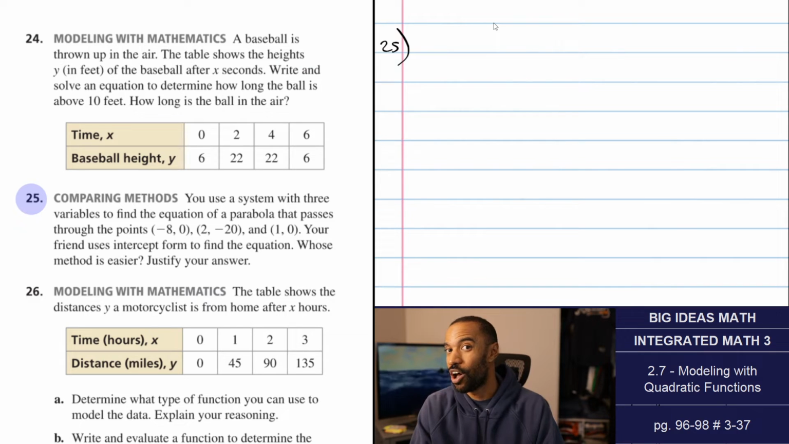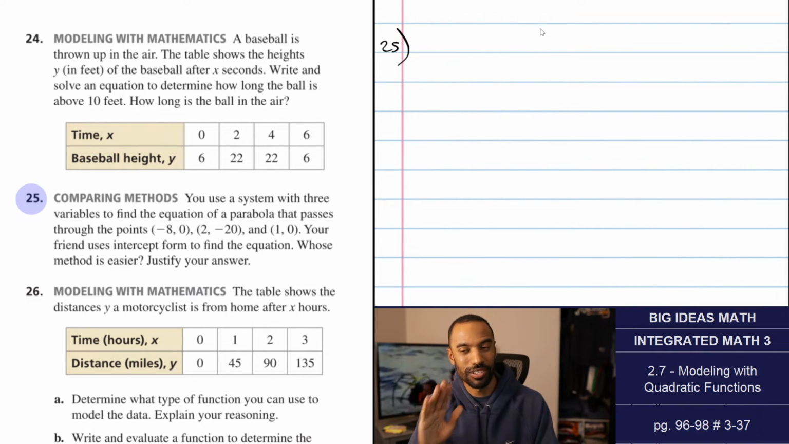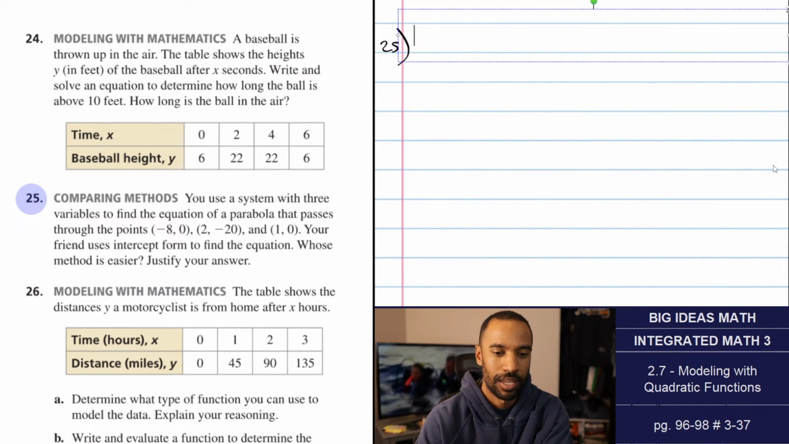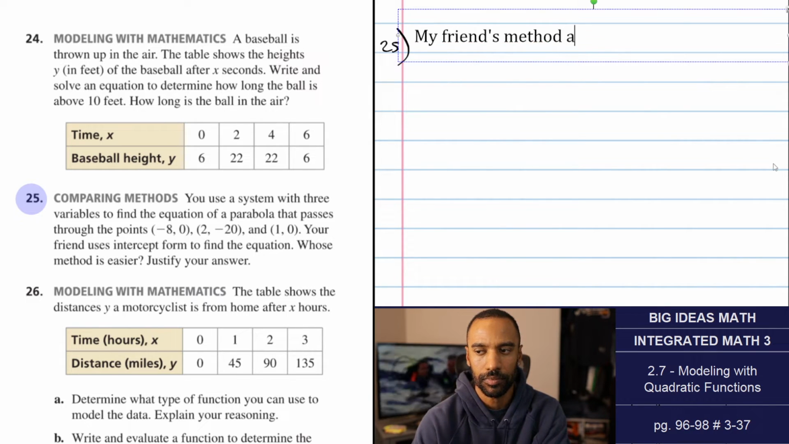They didn't ask us to solve. I don't know if we're required to solve. I kind of don't want to solve. I would use intercept form. I'd say my friend's method appears easier as it appears possible